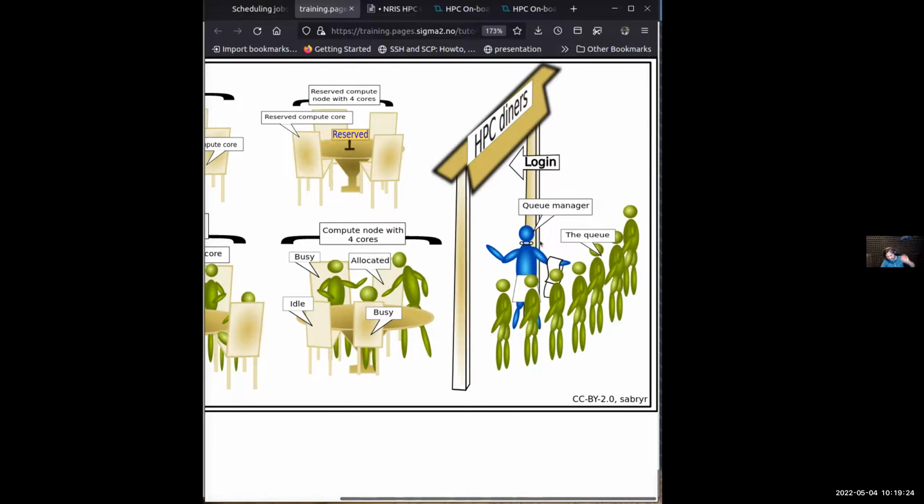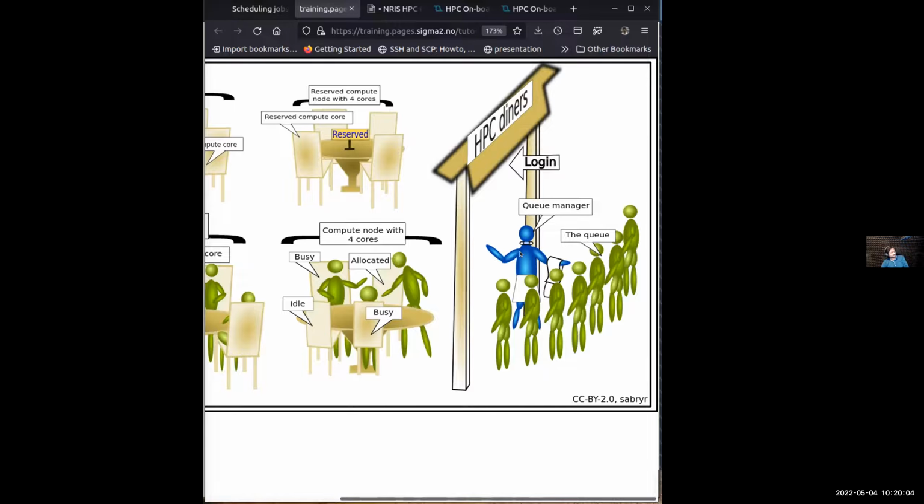So the queue manager, we could think of it as a bouncer or a broker, a person there who knows a lot about the cluster itself: what's behind the door, how busy it is, how many people can sit at the same time, and how many free seats there are. But the users do not have that. They could get the information, but they are not in control of those things, and they might not know how long it would take to get a table. But this information is there with the scheduler.